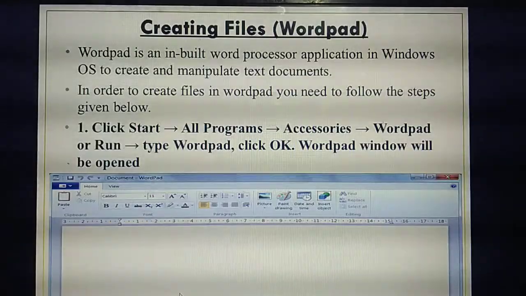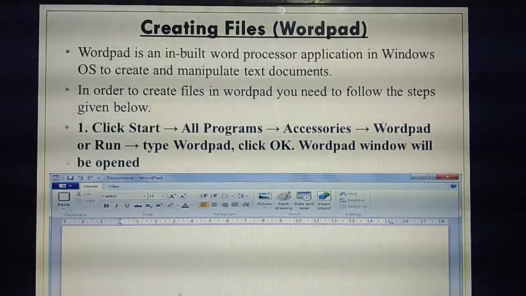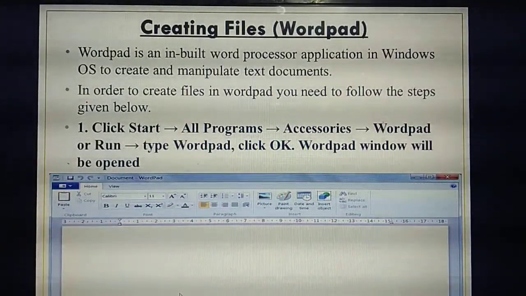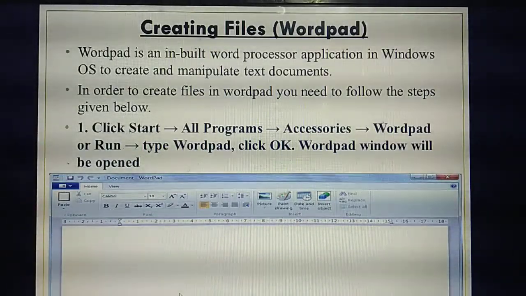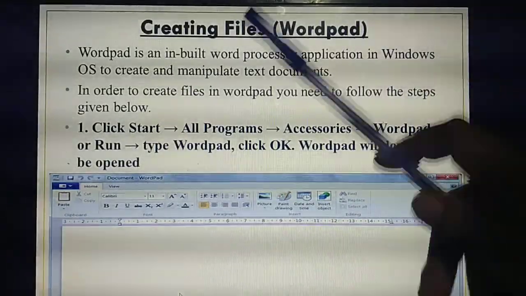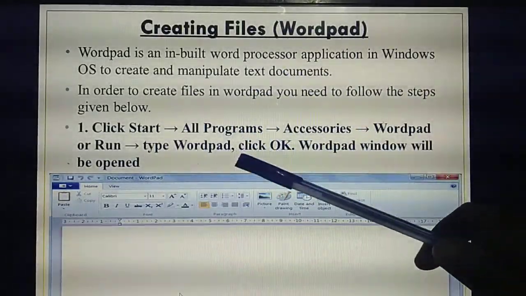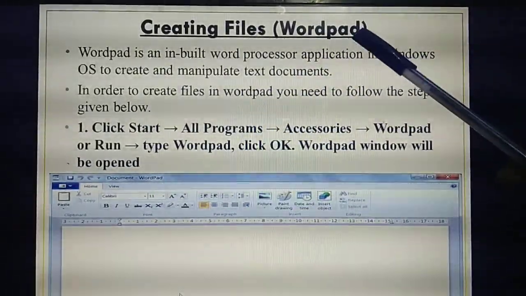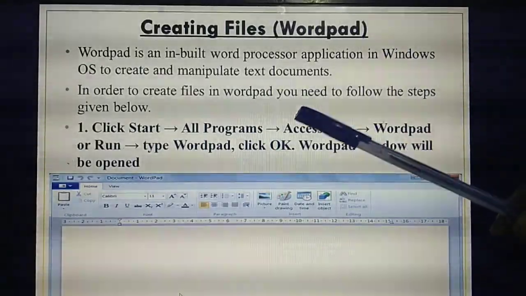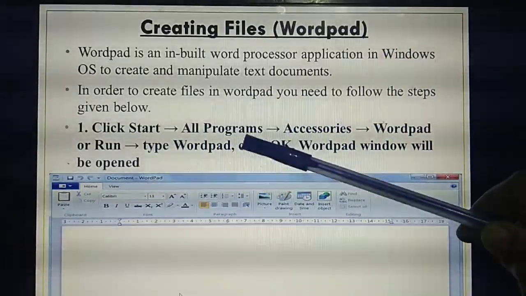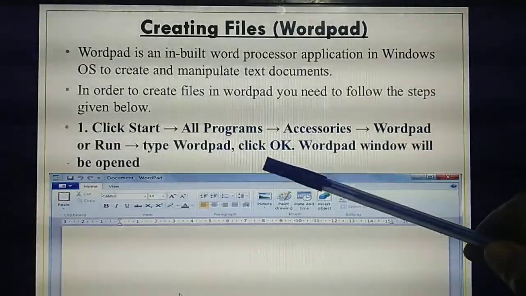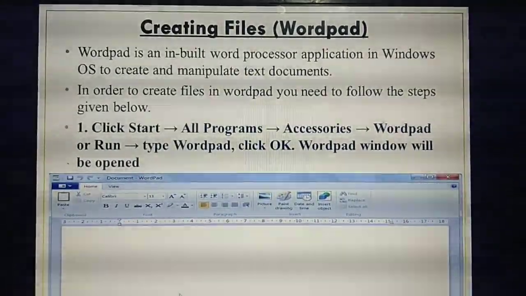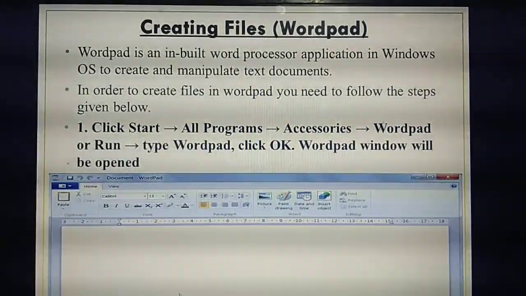Understand? These are the two methods you have studied to open an application. This is the first method. What's the second method? Easily you can find the particular application by typing where? In the run command, isn't it? So in the run dialog box, remember that one, you need to type the name of the application. What's the name of the application? WordPad. So you need to type WordPad in the run command. Then you need to click OK. So this page will open. Okay. So two ways you have studied to open a Word file.